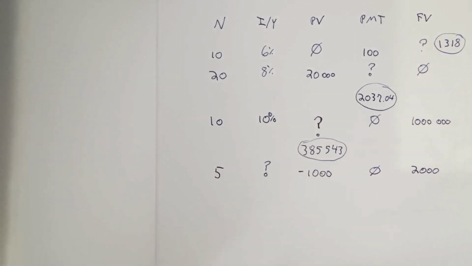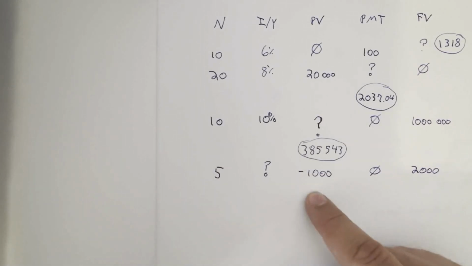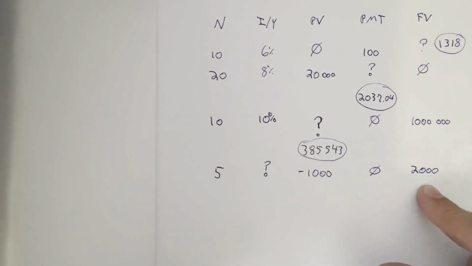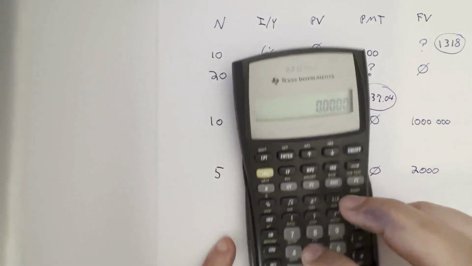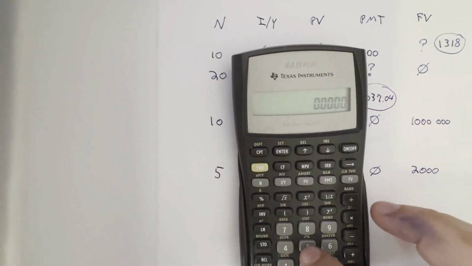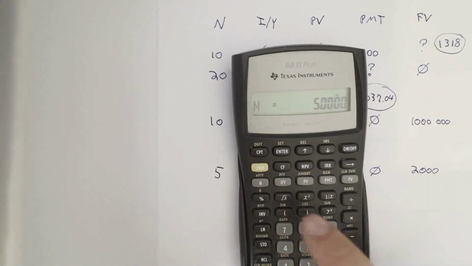Now, here's the thing. I could put down $1 and $2. I could put down 10 million or 20 million. The reason I'm choosing 1,000 and 2,000 is to make sure that we have enough decimals that it makes sense, given that we go with millions of dollars here and there. 1,000 is enough, it makes sense. So, clear the calculator. For a period of 5 years, we're looking for the I/Y